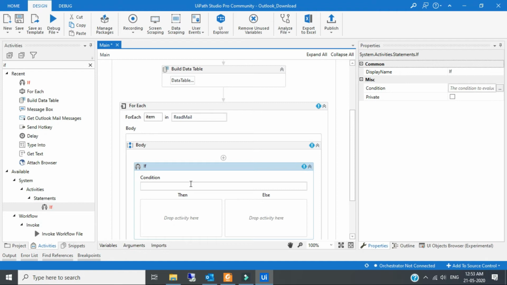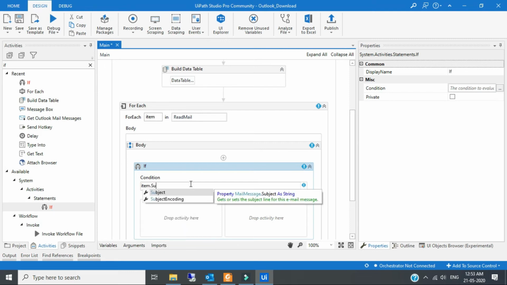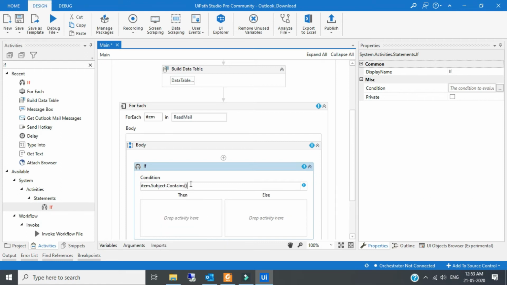So my For Each variable item dot, I want to check for the subject which is present. So I will take Subject.Contains, and in brackets, NSE equity file.